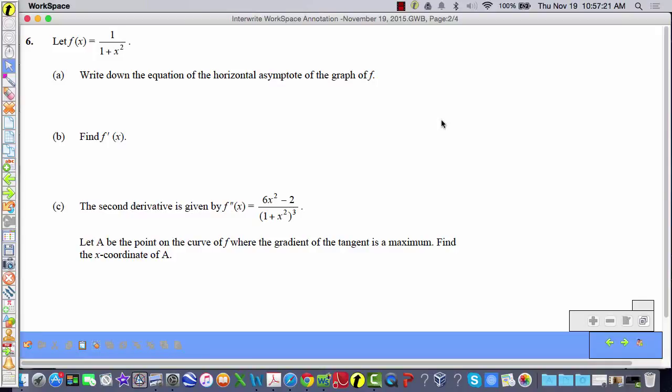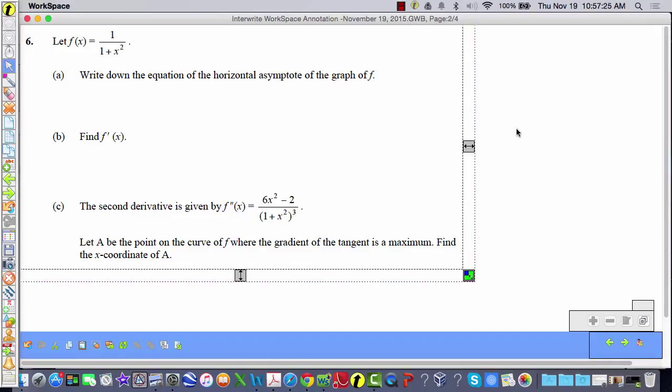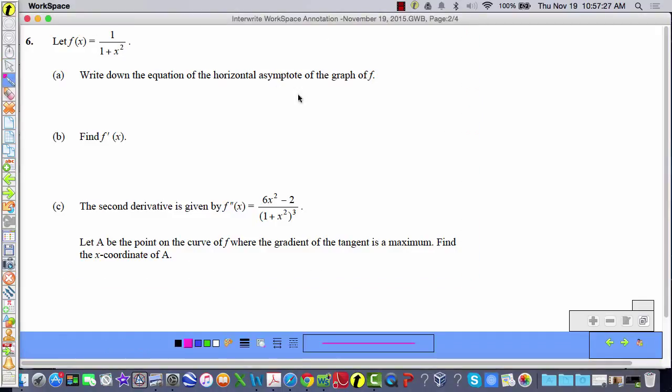Okay, so we're going to solve this particular problem. Write down the equation of the horizontal asymptote of the graph of f. A couple ways to think about it. But to find the horizontal asymptote, we can consider what happens to the function as x approaches plus or